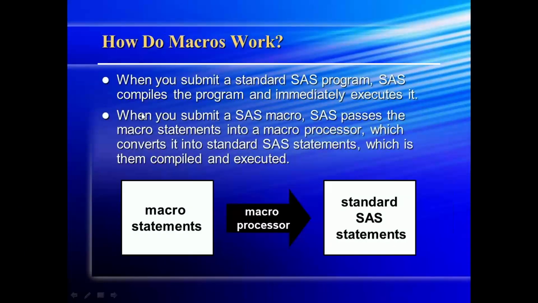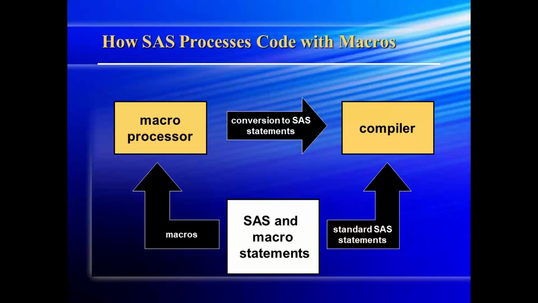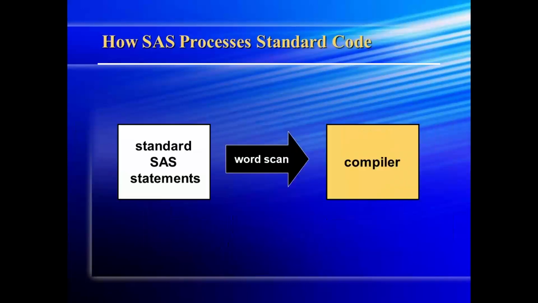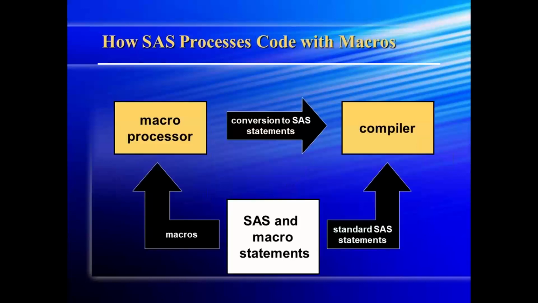So how does a macro work? A macro works the same as SAS programming, nothing new. But whenever you write macro statements, there is a macro processor at the backend. That macro processor will convert all your macro statements to standard SAS statements. These standard SAS statements again get executed by the compiler and interpreter, the same kind of thing. But what is the purpose of having this?